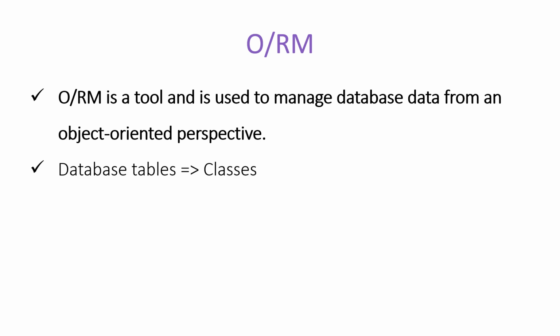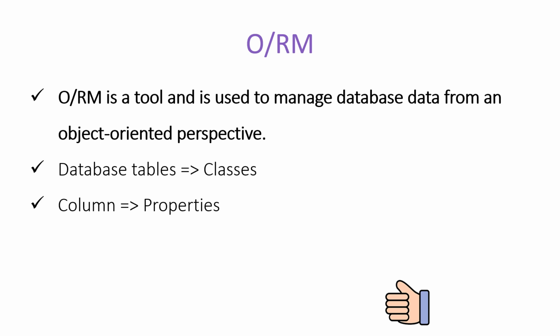All the tables that we have in our database will be converted into classes, and all the columns of those tables will be converted into properties. For example, I have a table with the name book in our database, and this book table has, suppose, 5 columns: title, author, description, and 2 more columns. Now if I am working with Entity Framework Core, then this table will be converted into a class. The name of the class can be anything. Suppose the name of the class is also book, and all the columns that we have in the table will be converted into properties of this new class.